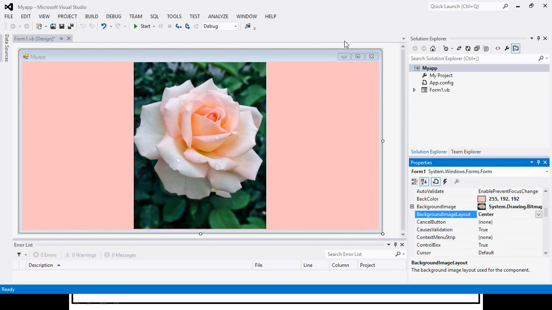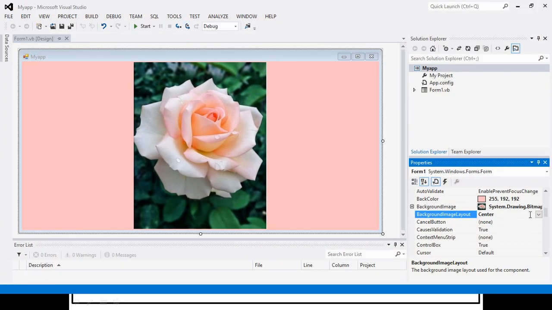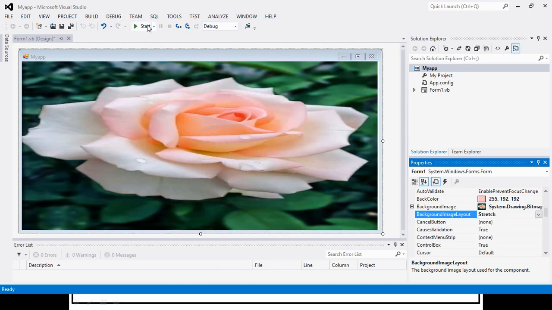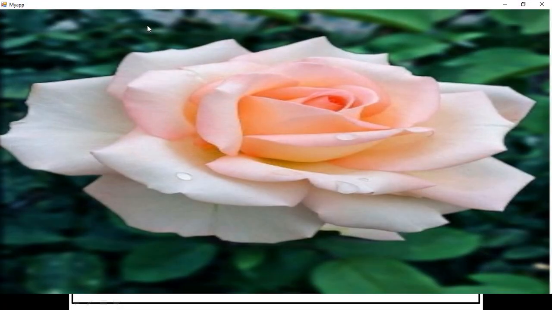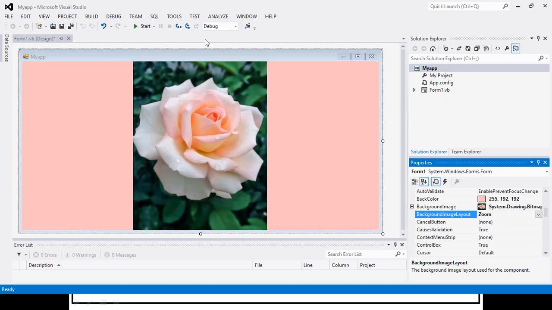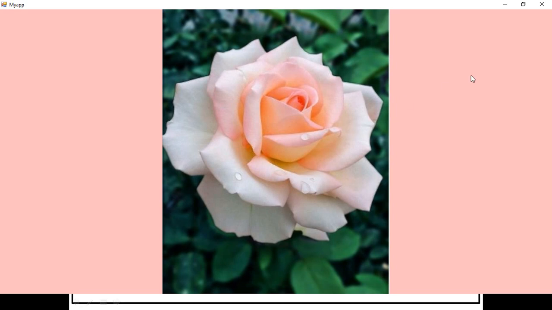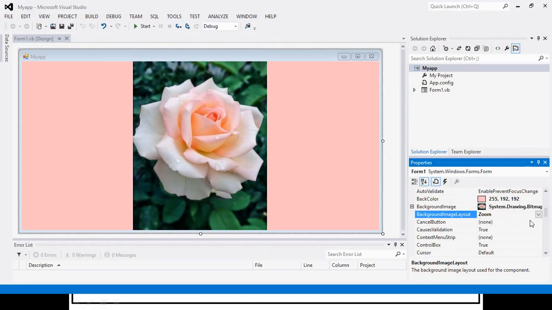If it is center, it will be displayed only at the center, like this. Okay. So we can also have another type, stretch, so that it will get stretched to the complete screen. And if I select the last one, zoom, it will take some part of it to be displayed. Okay. So I will keep it as center.